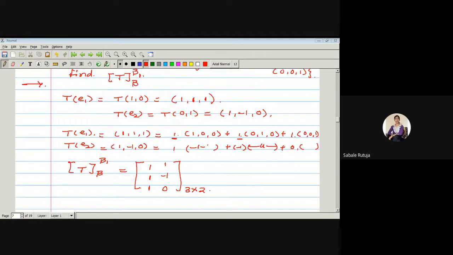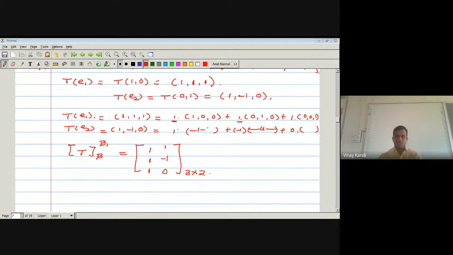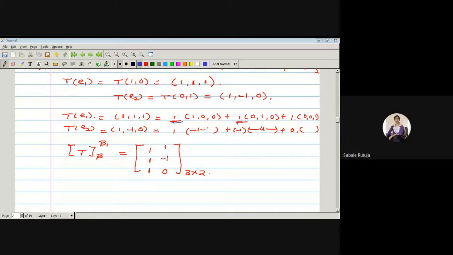Suppose you change the basis here. If we change the basis, beta 1 is equal to, take this one, (1, 1, 0), (0, 1, 1) and (1, 0, 1). If suppose you take this instead of the earlier one, but this is not a standard basis. Then after changing the basis, the scalars here will also change. Is it correct? Yes, sir.